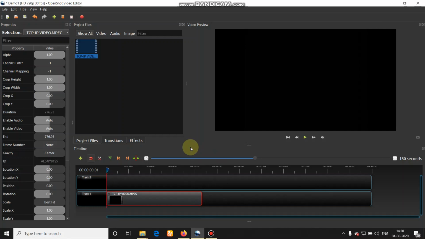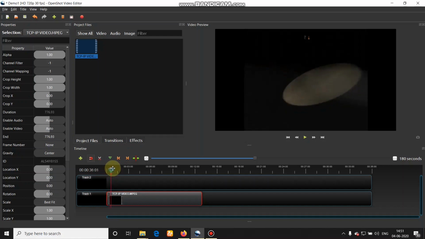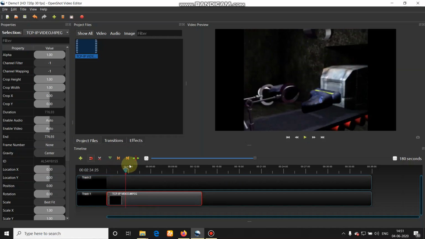Now I want the volume to be boosted at a particular level. For example, suppose the volume should boost at this level, that is at 3 minutes. So make your slider move to that particular place.